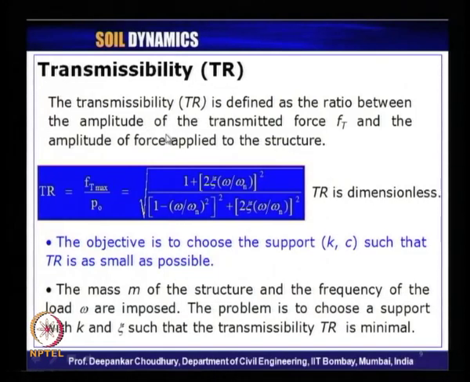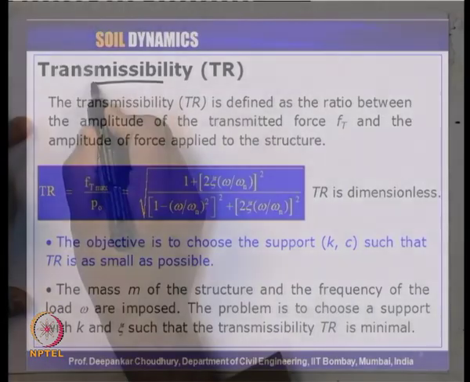So, in mathematical form, the transmissibility ratio is expressed as the maximum value, this is the amplitude of F_t max, which is transmitted to the system, divided by the amplitude of the force which is applied to the system. Now, let us see how we can obtain the expression for transmissibility ratio. Let us derive it. So, let me draw a single degree of freedom system here